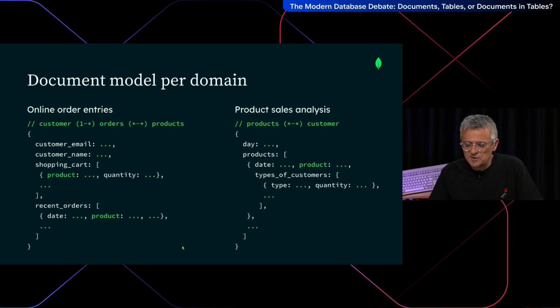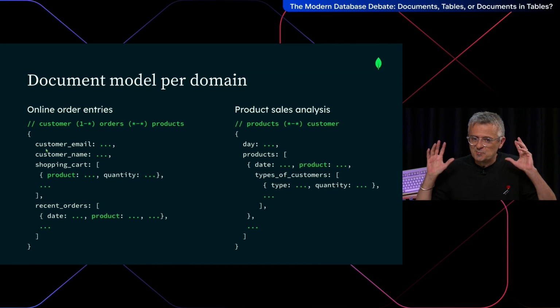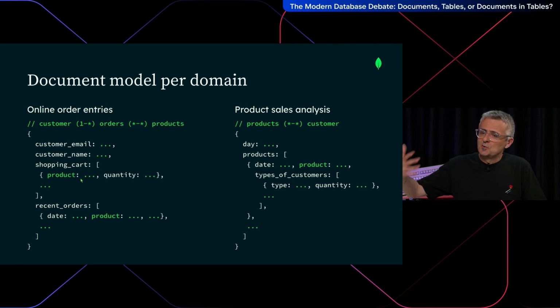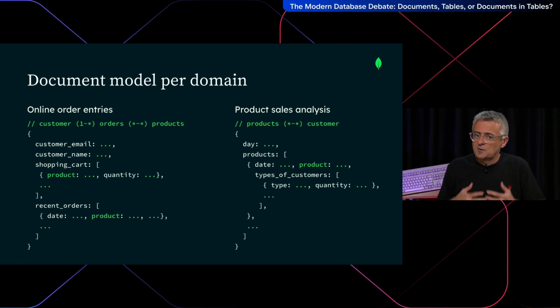So just to show how it can look with document modeling. For example, you may have a document per customer with information about the customer, with the shopping cart, and with orders. You don't store 10 years of orders in that. That would be too much, but the recent orders, basically the orders that you want to show when they log in. With such a document, the user logs in and you have only one document to get and you have all the information that you want to show to them.